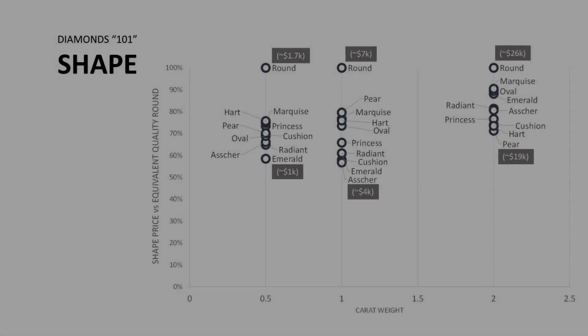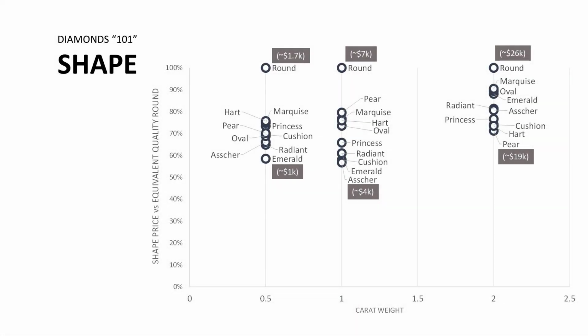Here's another visual I put together from a table of prices by shape and carat weight from the International Gem Society, or IGS. These prices are based on diamonds of color quality G and clarity of VS2. We will learn about those ratings and where they fit on the grading spectrum in just a few moments. For now, just know for 0.5, 1, and 1.5 carat weight, the round diamonds are the most expensive on average,